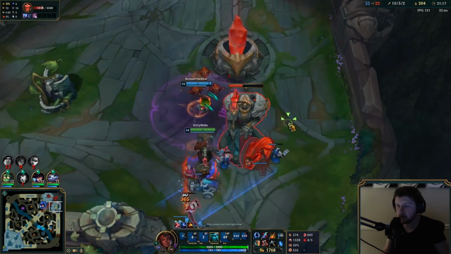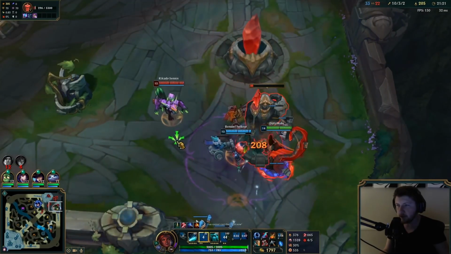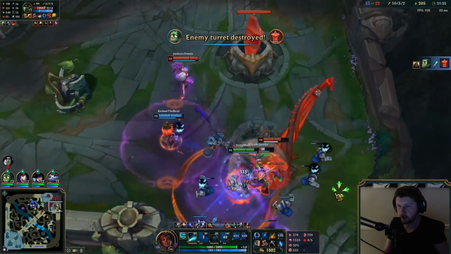Alright, unironically, I think a good build is going Eclipse into a health item of some sort. I don't think Death's Dance was very good. Just no health on it, but...